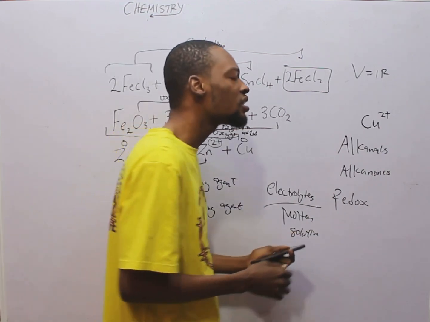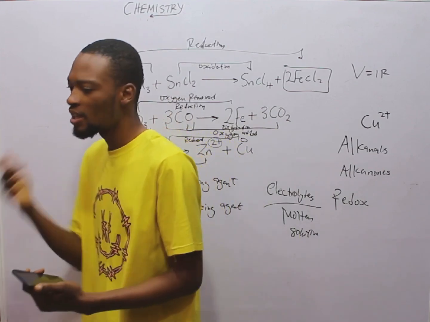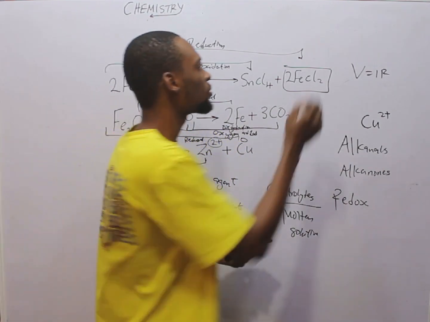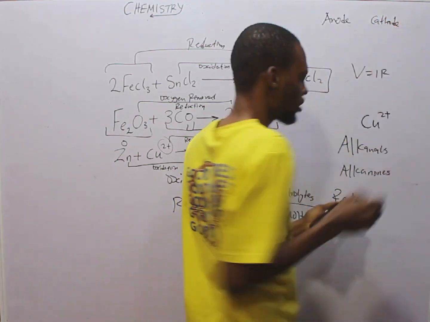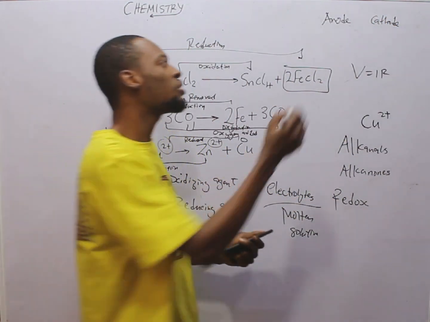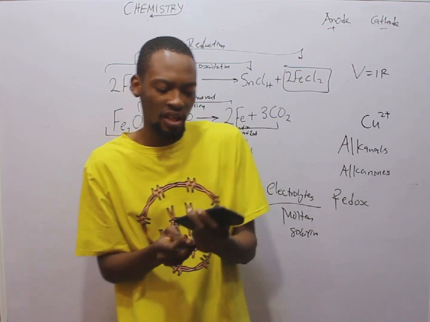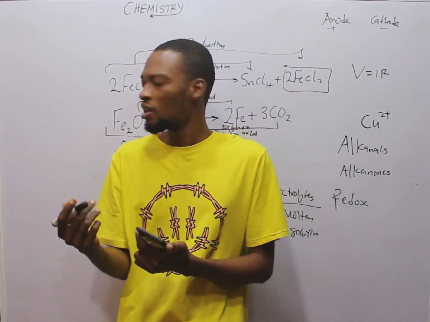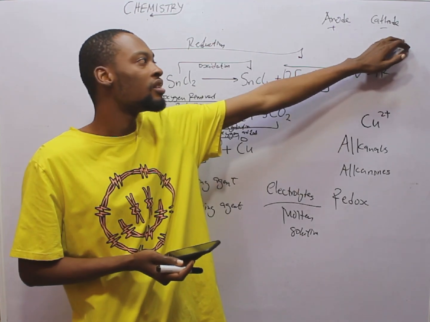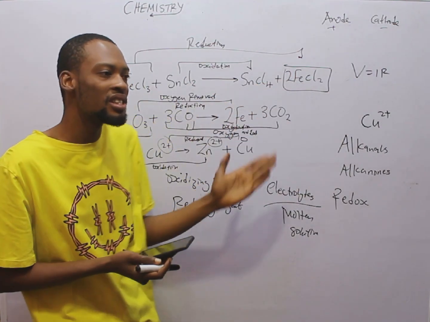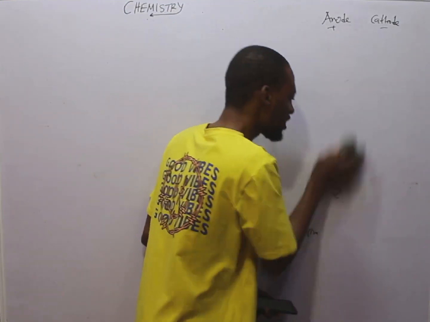And dealing with electrolysis, we have the electrolytic cell. That is a setup where electrolysis takes place. In an electrolytic cell, we have the anode and cathode. For an electrolytic cell, the anode is positive and the cathode is negative. However, we have another cell which is referred to as an electrochemical cell. For an electrochemical cell, the anode is negative and the cathode is positive. That is the difference between electrolytic and electrochemical cells. So let's use this opportunity to touch electrolysis.